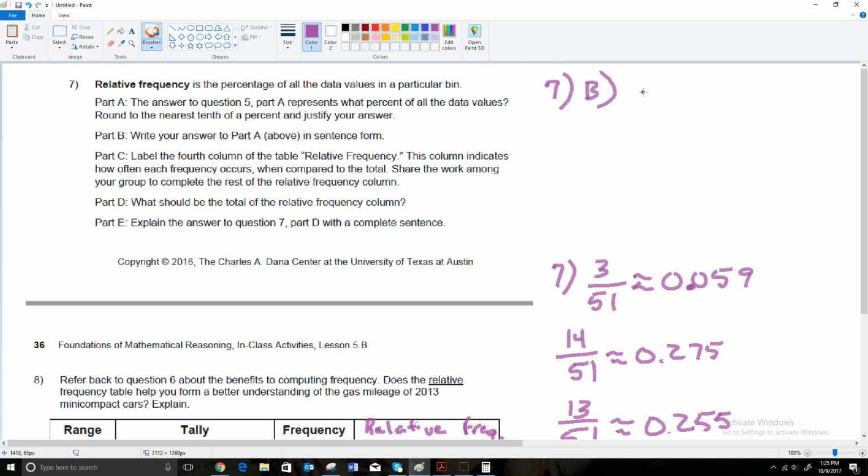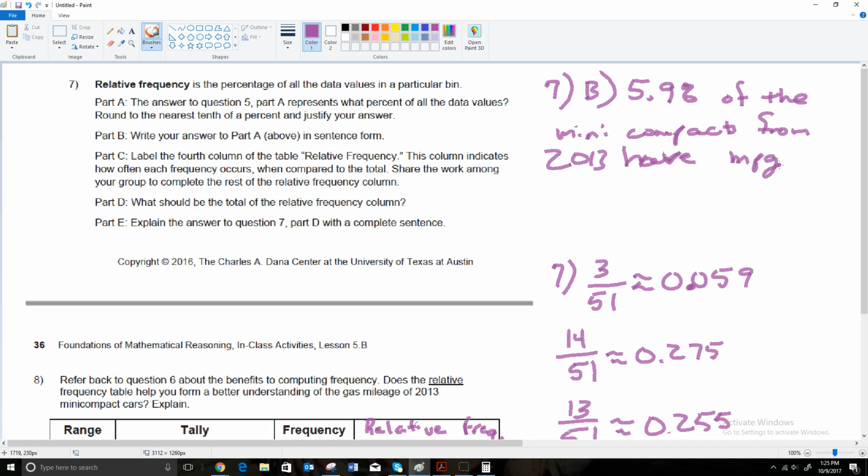For 7B, we would say 5.9% of the mini compacts from 2013 have miles per gallon of 18 to 20. So we're just saying in comparison to the whole, rather than just saying there's 3,